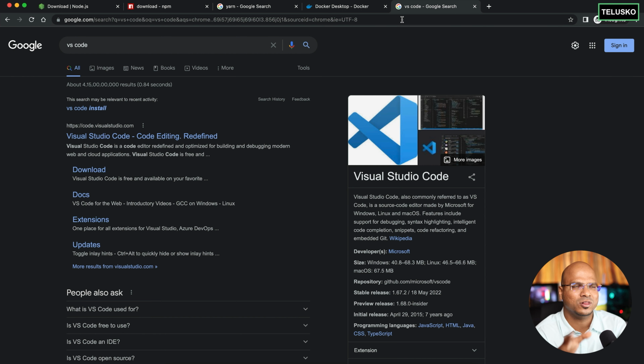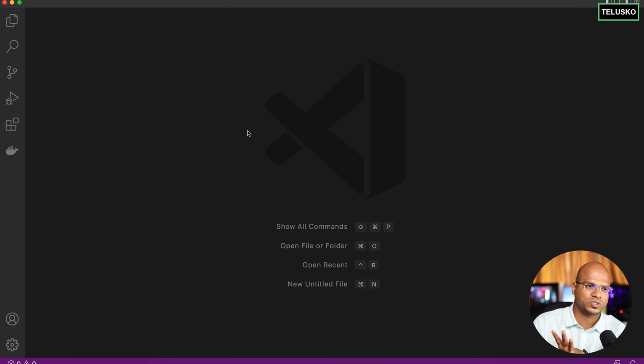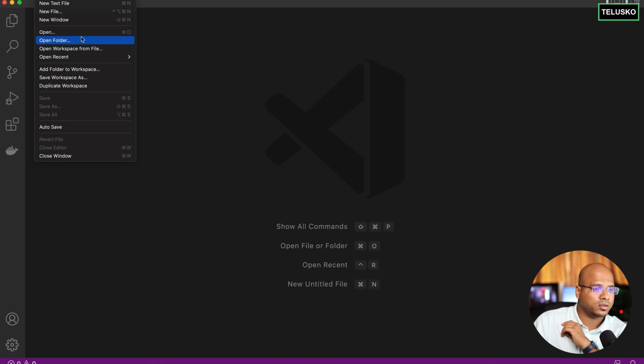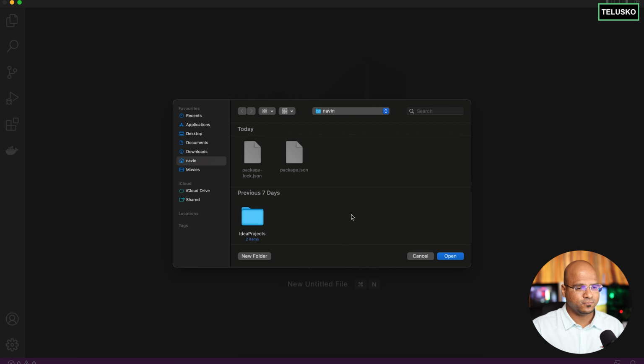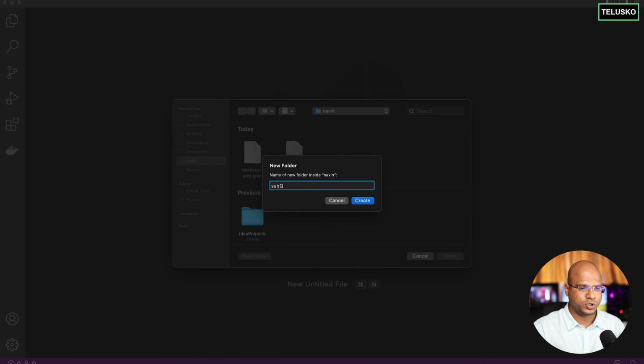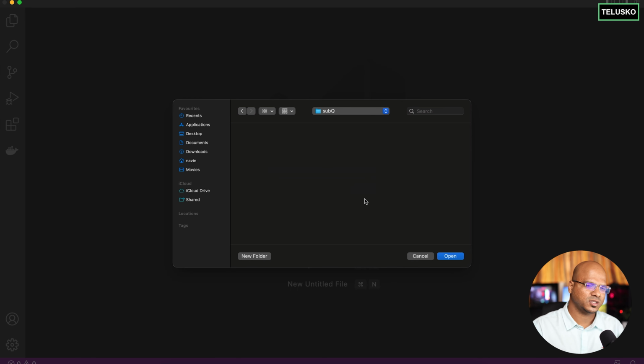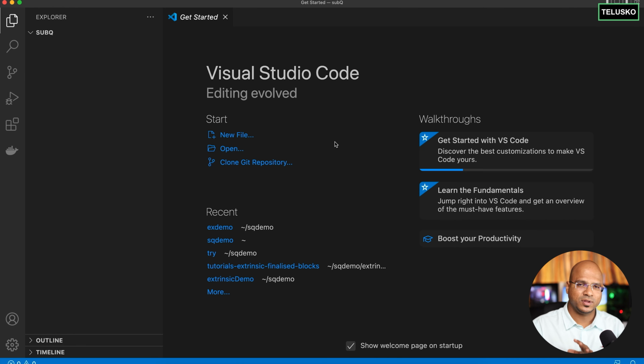Hold on. Even if you have all of this, where is Subquery? Of course, we need to get the Subquery project as well. The first thing we'll do is open VS Code. We'll do everything in VS Code itself, and we'll open a simple folder. So this is my VS Code. I will click on File, then Open Folder, and in my user folder, let me create a folder called Subq. I know that's a weird name, but that's for Subquery. Click on Open. This is where I will create my project and do all the stuff. Let me close this one.